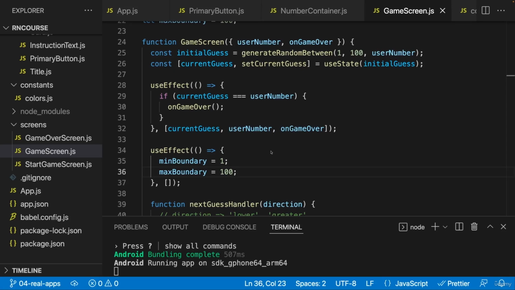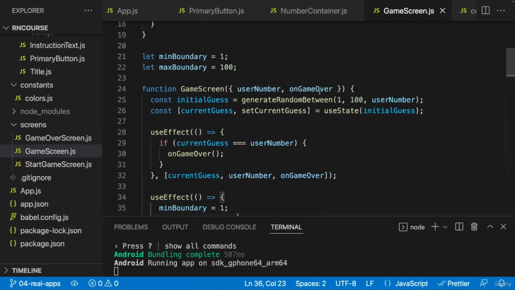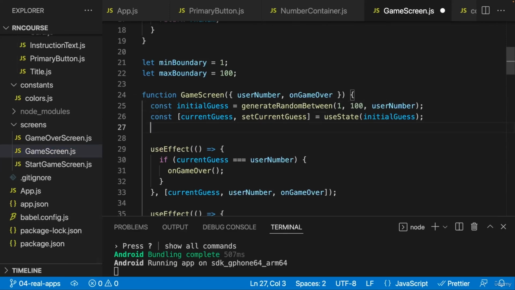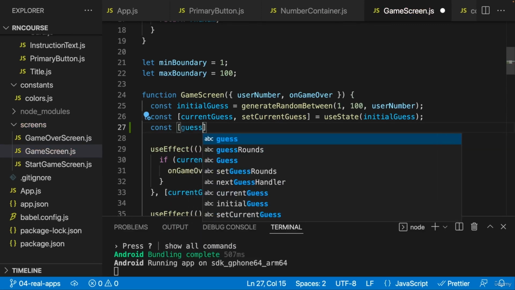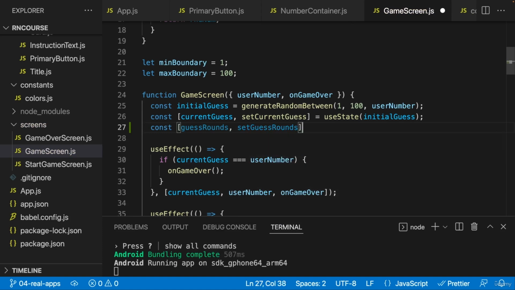So let's now work on logging the number of rounds and on creating this log that we can output on this game screen. For this, we should add a new piece of state to the game screen because these rounds are also just some state which we can log. So here I'll add my guess rounds and set guess rounds and initialize a new state which initially should hold